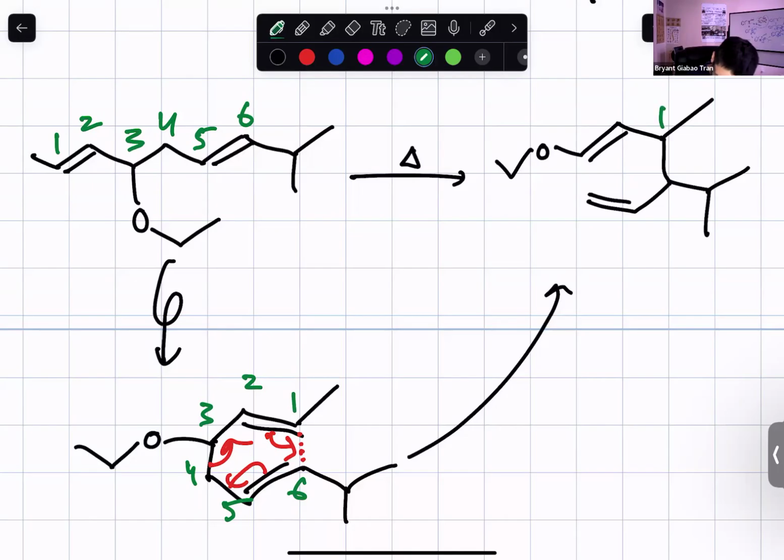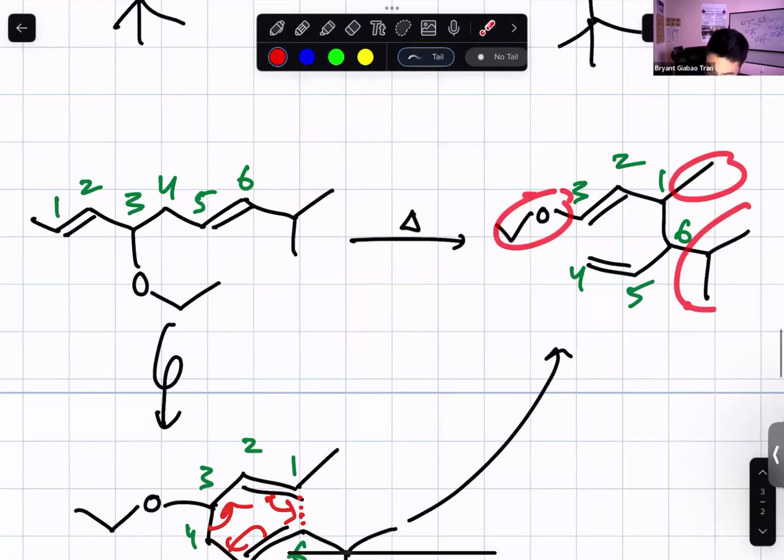Where this is 1, 2, 3, 4, 5, 6, and then we could follow through the arrows. There's this new bond here between 1 and 6 that came from that double bond between 1 and 2. That's why there's no more double bond there. There's now a double bond between 2 and 3 because we broke the bond between 3 and 4. There's no more bond between 3 and 4. And then the double bond between 4 and 5 came from the double bond between 5 and 6, like that. And then everything else is still attached to the same atom, but